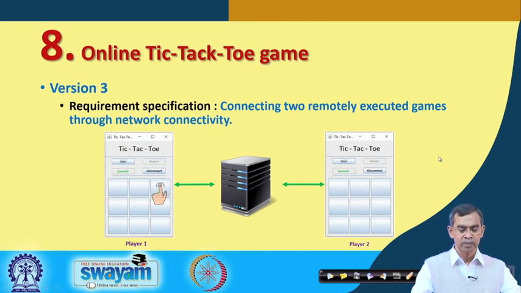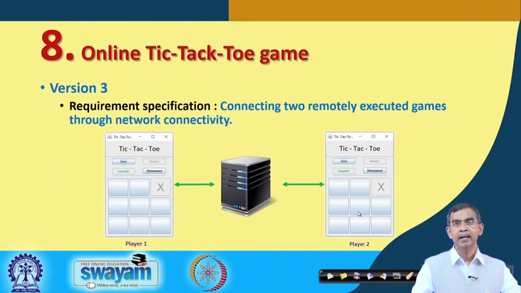Now, as part of the communication, there are a few things we have to take care of. The tic-tac-toe board should be visible, containing the same state of information, to both users. Initially it is blank, no clicking, no ticking. Suppose player 1 and player 2 are playing the game, and player 1 ticks a cell. As soon as his ticking is over, it will be marked, and the same marking will also be visible to the other player.